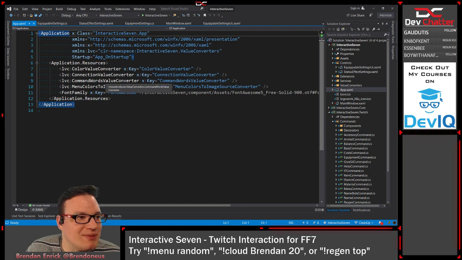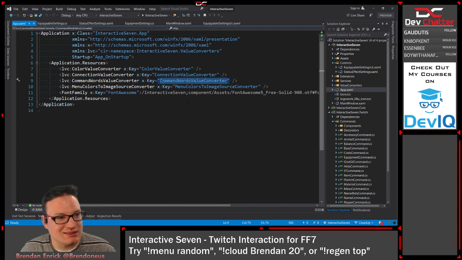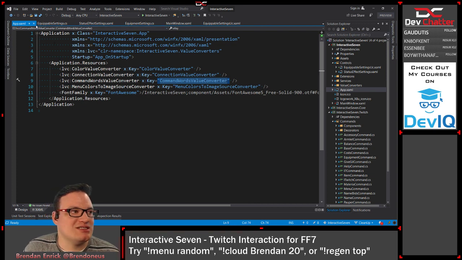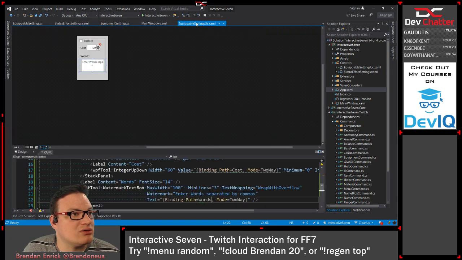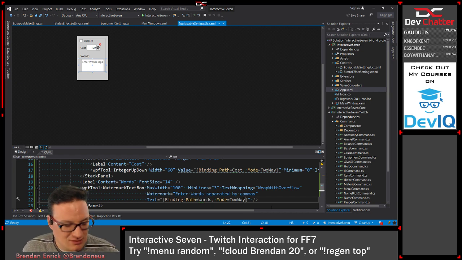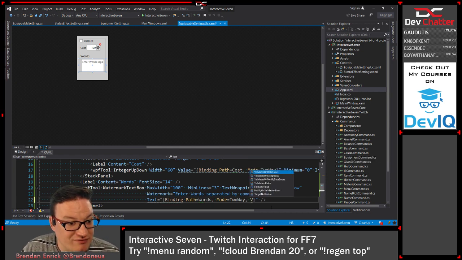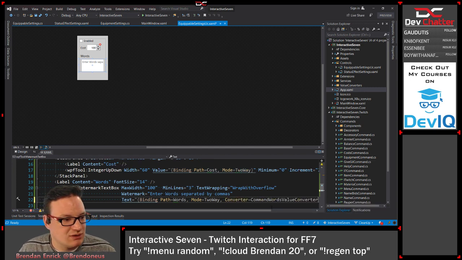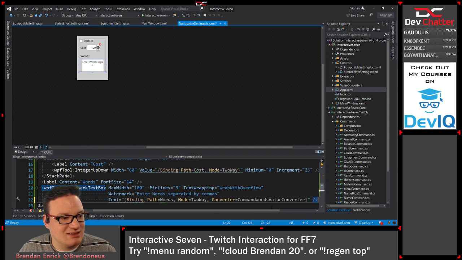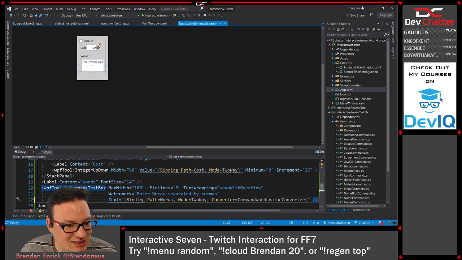So we're going to use the command words value converter on it. And I'll show you the code for that. But this is the one that we need to use. I just needed to make sure that I knew what it was. Okay, so back over in our this, we're going to say value converter equals that one. So we need to tell it, hey, when you do your binding, make sure that you're